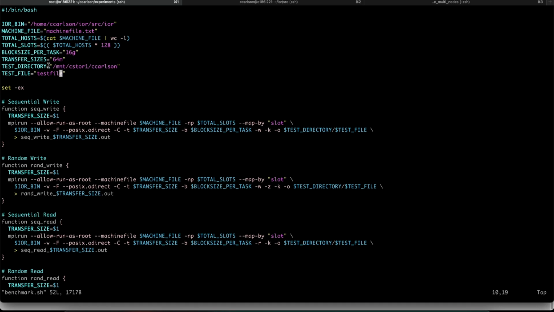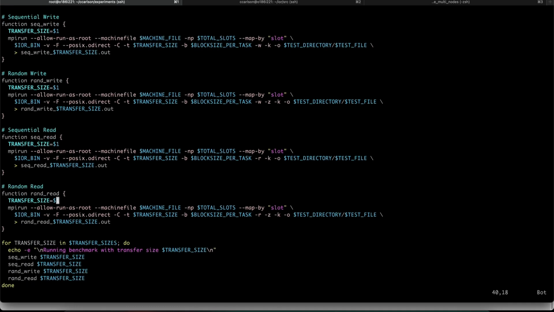The test directory is where in the Lustre file system we're going to be writing our files, and the test file is what we're going to call the base of our file name that we're writing out for each process. I have functions here for each of the different tests you can run: a random read test, a sequential read test, a random write test, a sequential write test, and each of them essentially just takes in a transfer size as an argument and runs MPI run,